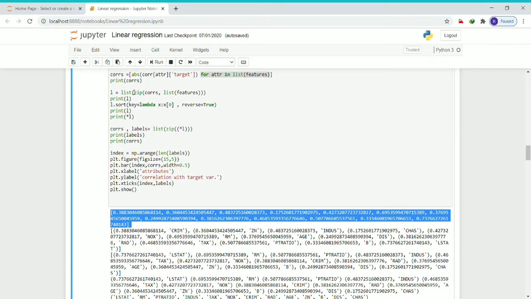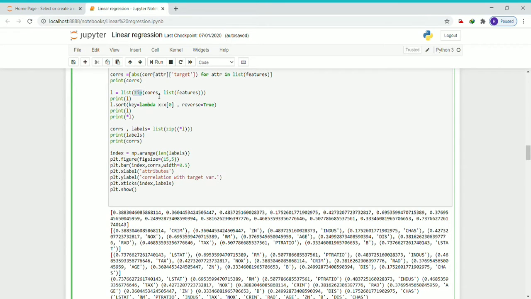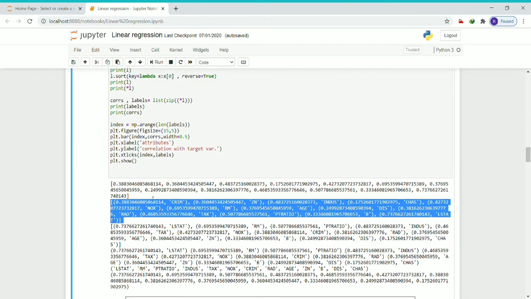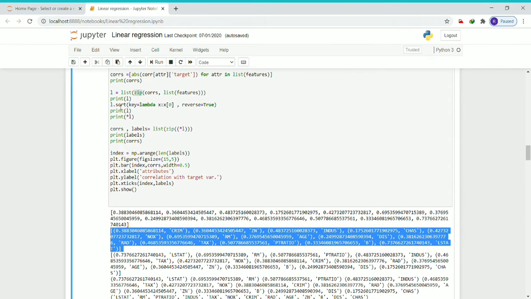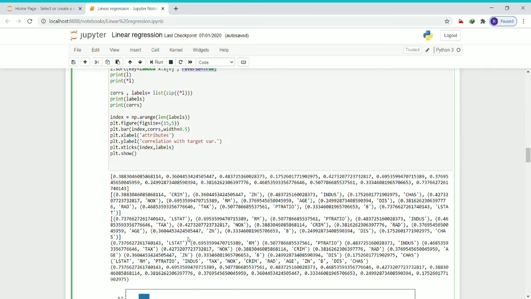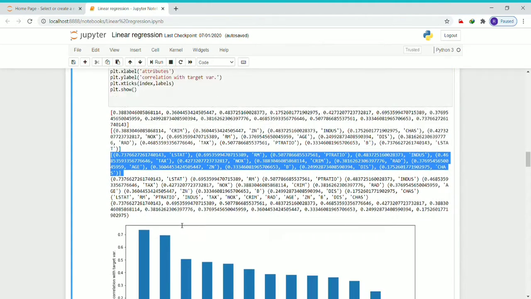Now this zip function will be used to merge the correlation values with their respective labels, as you can see here. Now we will sort this list with respect to the correlation values in reverse order, that is descending order, as you can see here.